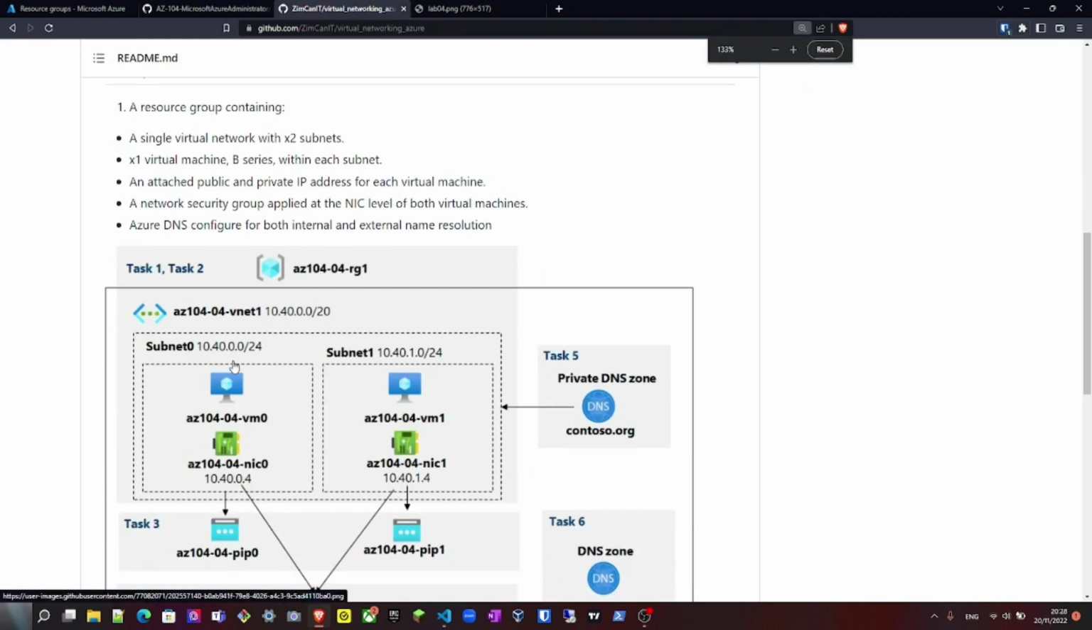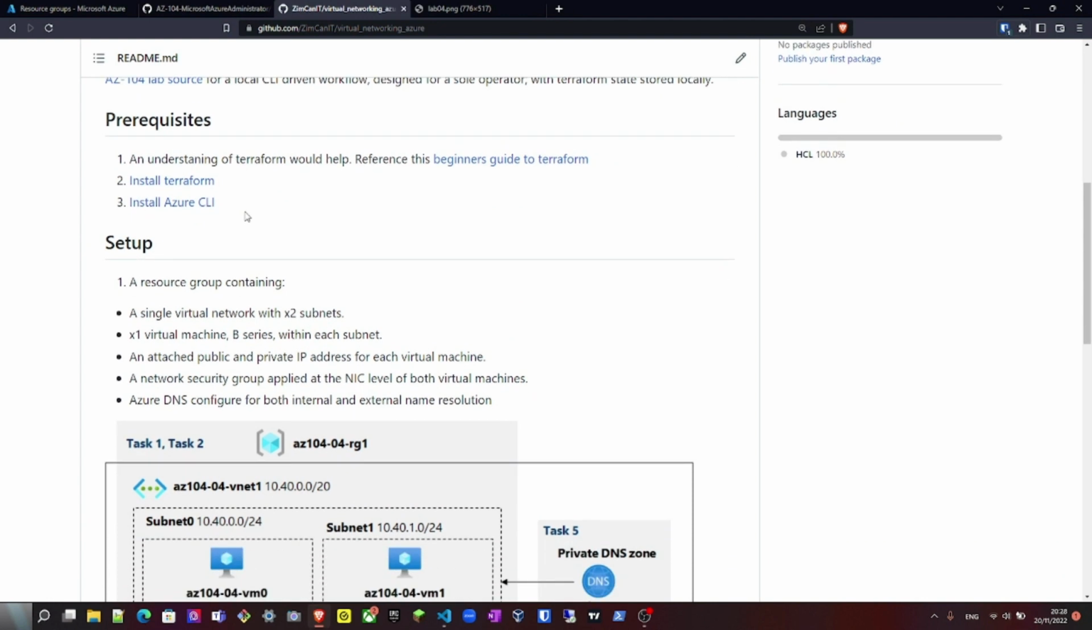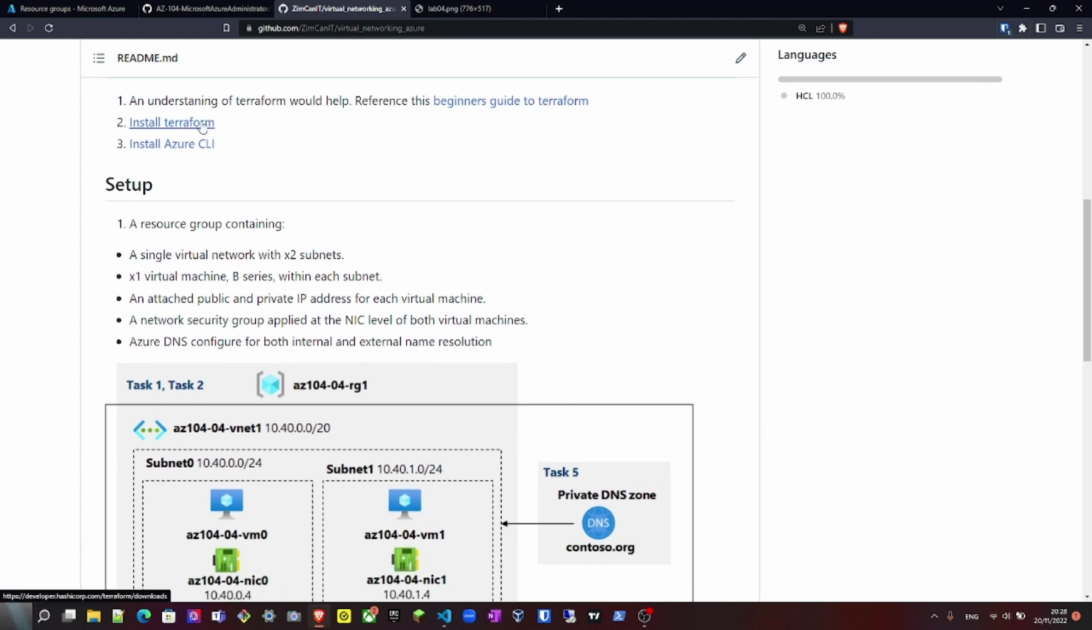I did summarize the lab, and the Terraform code itself has been set within this here repository. So it just breaks down what you need to know, what you need to have as a prerequisite. So some elementary, beginner knowledge of Terraform would help if you've never touched the language itself before. You'll need to install Terraform, as well as the Azure CLI, because